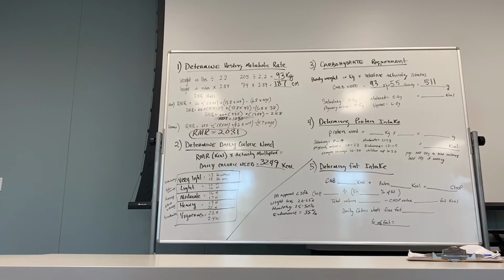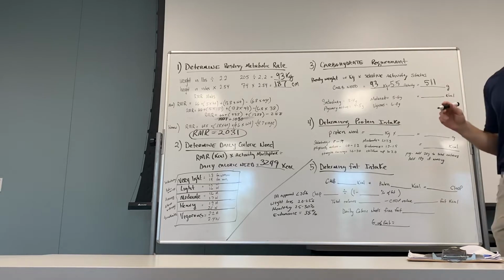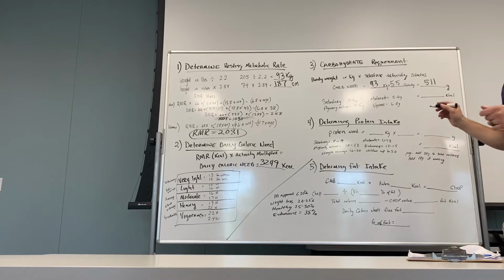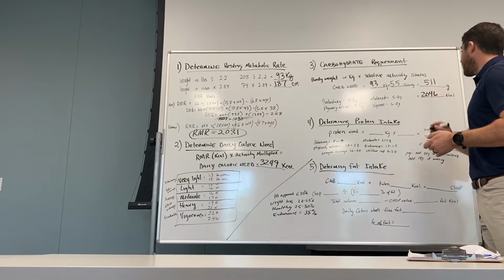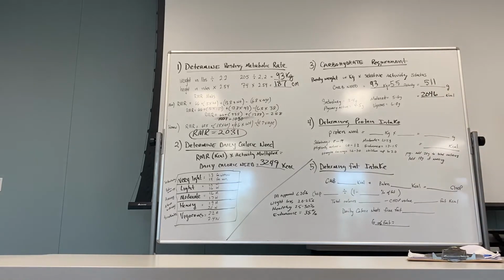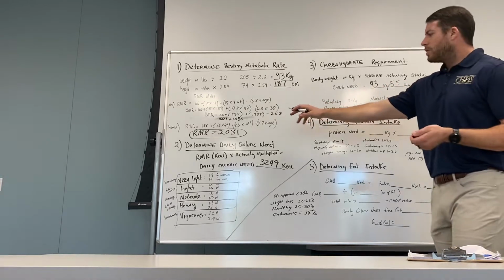Okay, multiply that by 4. That's how many calories. 2046. Okay, so it looks like obviously a majority of my calories are coming from carbs. Now, what if we just went, let's do